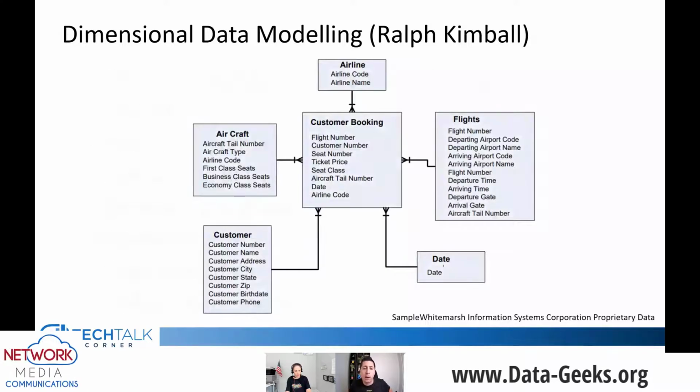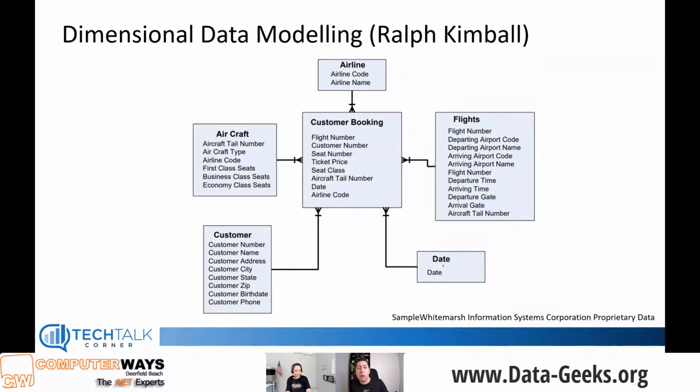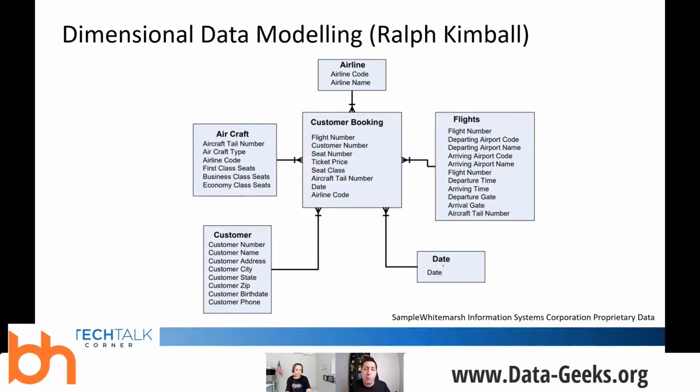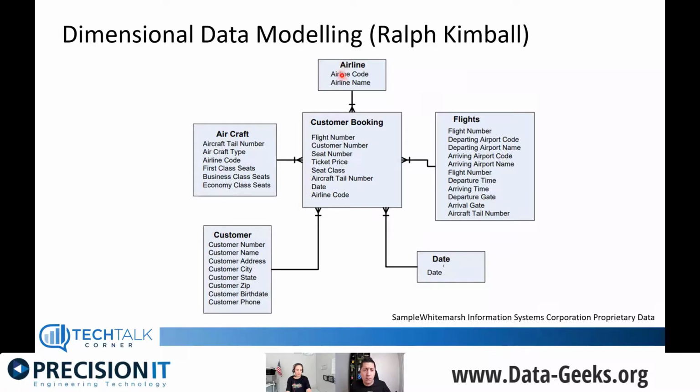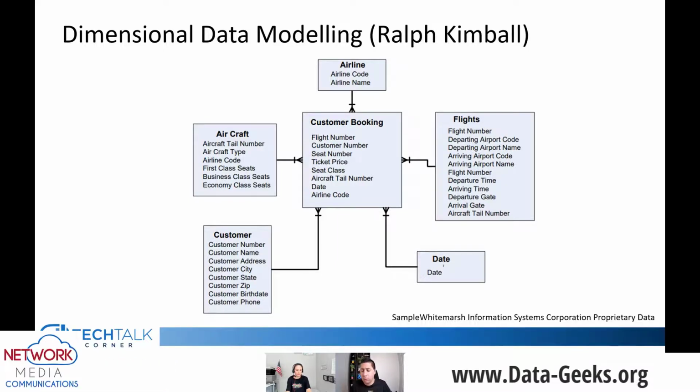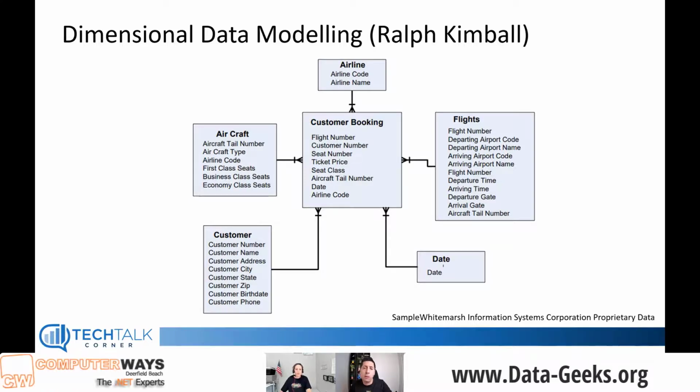Good example of a star schema. If we need to ask the same question as before, how many bookings we have per airline company at any specific point in time? You can see that our customer booking table is in the middle, and we just need to join airlines with the customer booking table. This is the recommended approach for doing data modeling in Power BI, because for all the reporting tools, all the business intelligence tools, performance is better by using this approach.